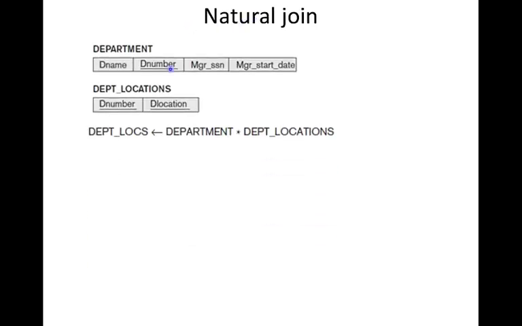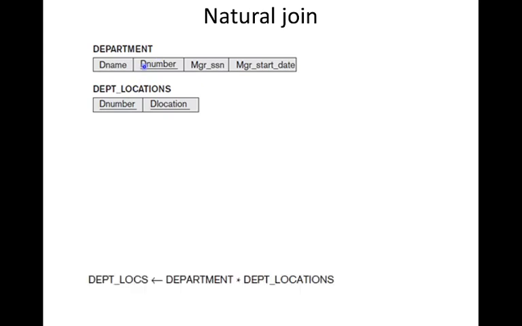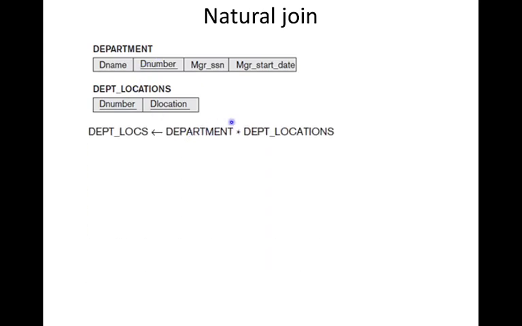So this is another example. We have department and department location. If we want to perform natural join, we can see that here it is d number, and here also it is d number. So we need not rename at all because both have the same name.